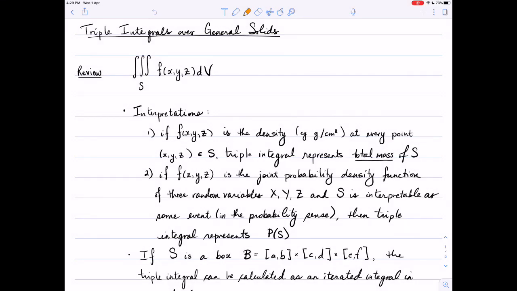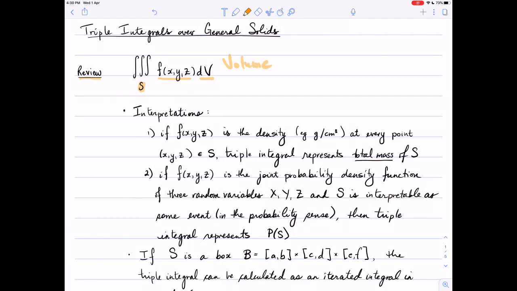In this video, we're going to talk about what it means to do a triple integral over a more general solid than a box. So let's do a quick recap of what we've seen about triple integrals. The triple integral over a solid S of a function f of x, y, z dV, for volume,